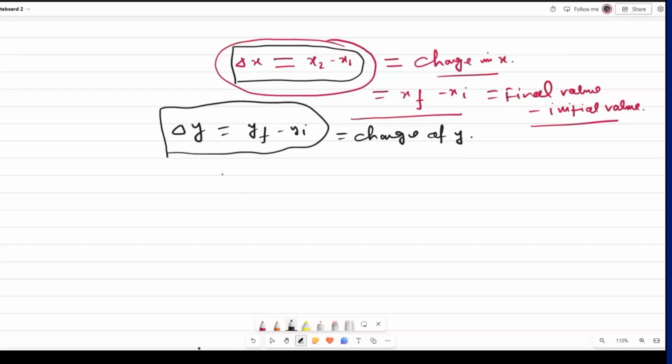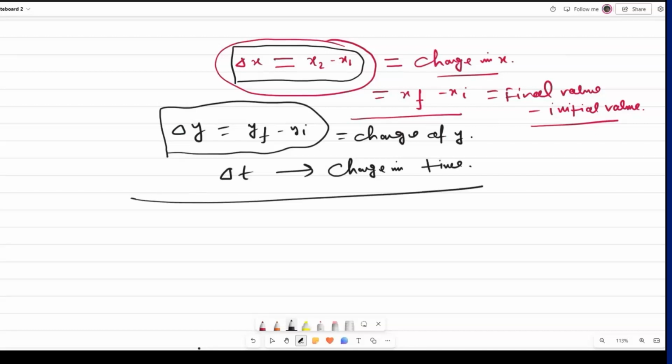Delta t is what? Delta t stands for change in time. Okay? Average velocity, all must have done that. Average velocity, v average, is equal to